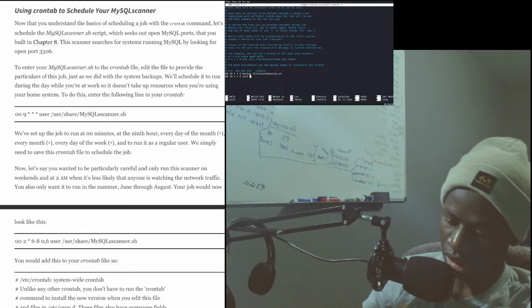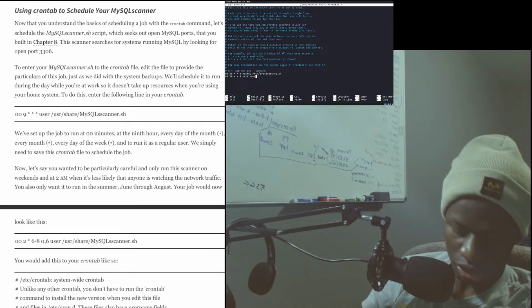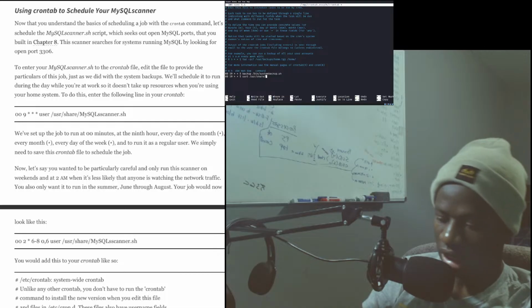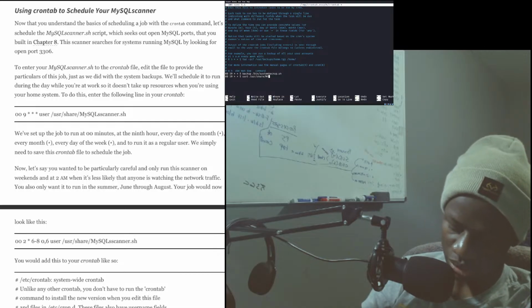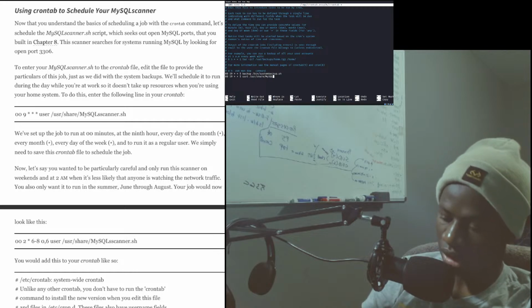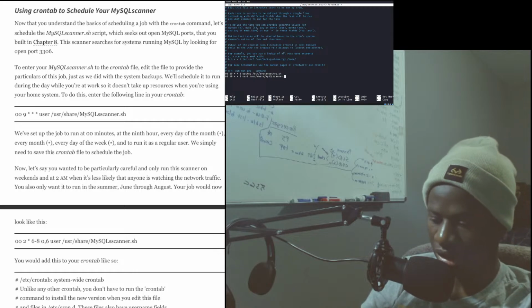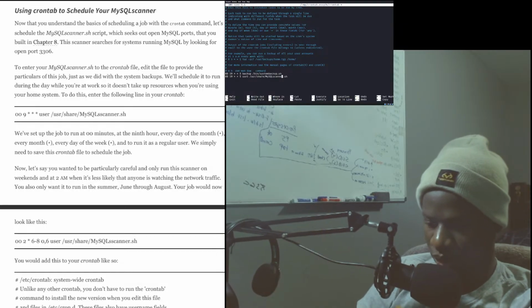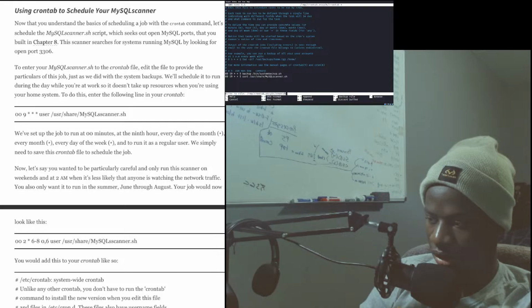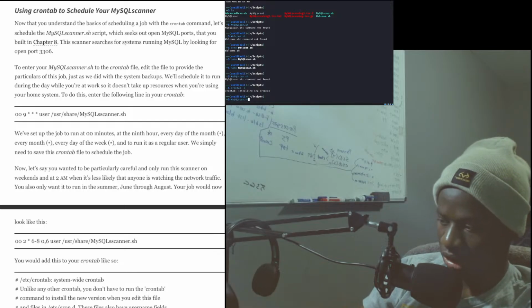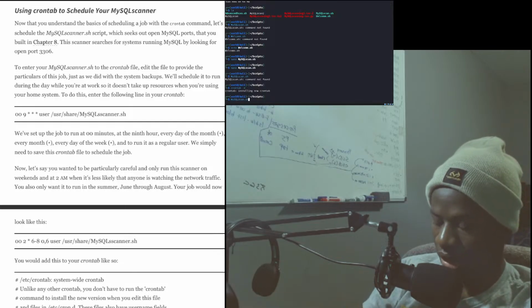So it will be /usr/share/ no, that's not where I put my SQL scan. We're going to look for its path a little bit later, but I'm sure that's not where I put it. So if we can save that and exit out of that, we can see where our, okay, here it is.